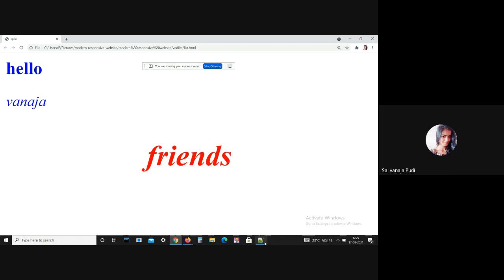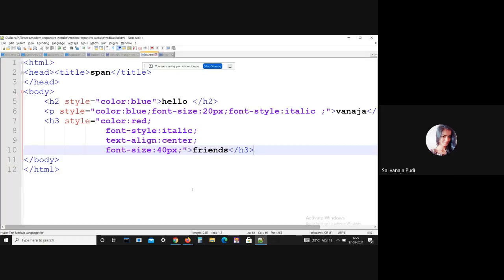See, here I gave the color that is red and the font style that is italic, and here I gave the text align that is center, and another thing that is font size, 40 pixel. All these properties are perfectly applied to that element, friends.